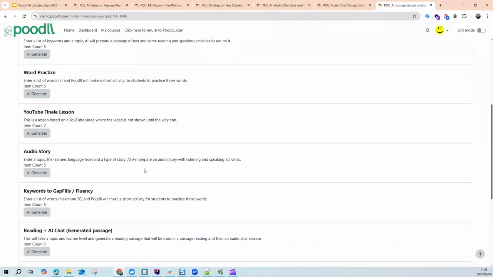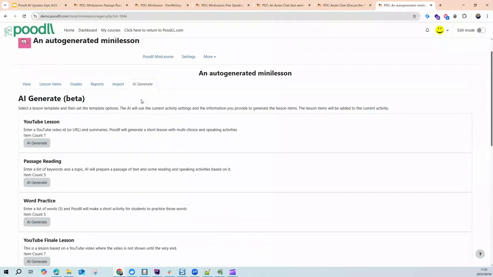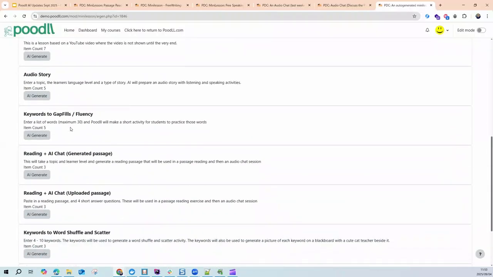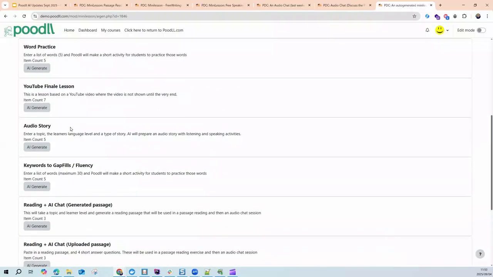So if we go to the auto-generate tab in the mini-lesson activity, we have some templates of lessons that we will use AI to complete. There will be more templates soon. These are just kind of early ones, but the process is quite neat. So if we find the template that we want to use,